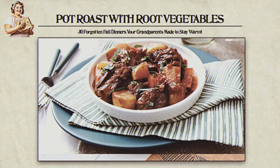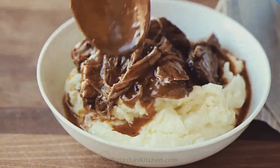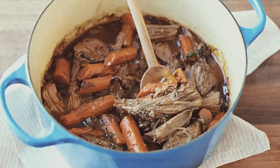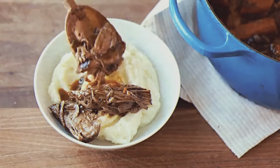Pot roast with root vegetables. Slow and steady wins the dinner. In the days before pressure cookers and microwave shortcuts, pot roast was the kind of meal that tested your patience and rewarded it tenfold. It began early on Sunday mornings when a cheap cut of beef met a Dutch oven,